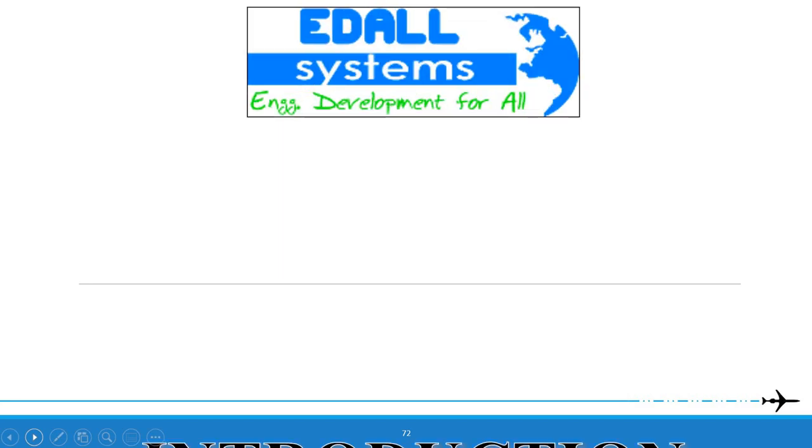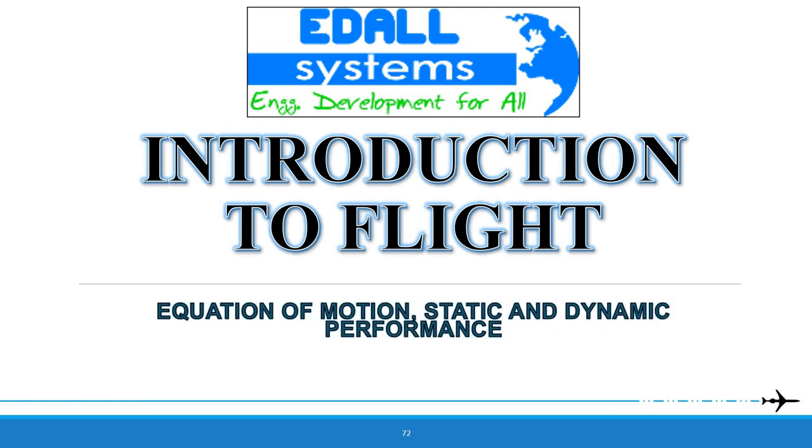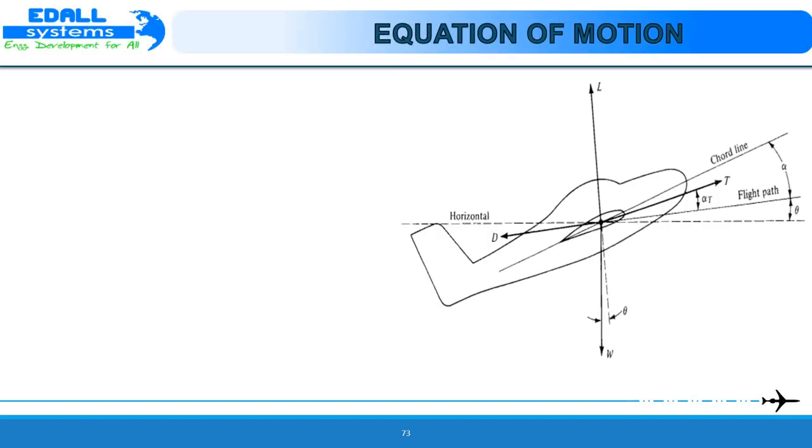In our previous session, we had discussed the introduction to airplane performance. Let us start off with the equation of motion, static and dynamic performance in this session. So to study the performance of an aeroplane, the fundamental equations that govern its translational motion through air must first